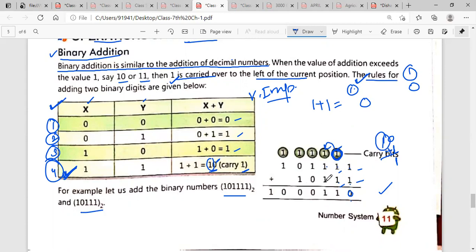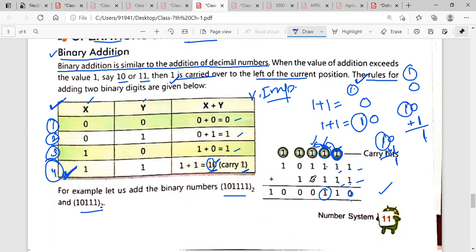Now again 1 plus 1 is 0. 1 plus 1 is 0 and 1 carry. And this carry will add to this carry. Again 1 plus 1 is 0. This is the 10, 1 0 you can say. Or again here we will add 1 carry. And 0 plus 1 is 1, and again this is carry. We write 1 here, and again carry goes to the left side.